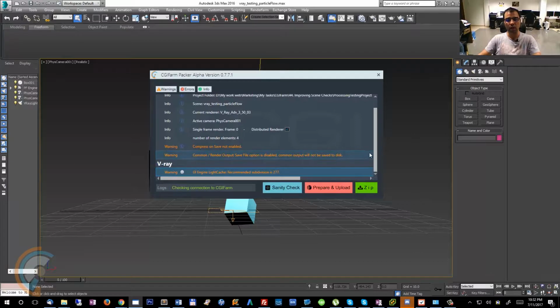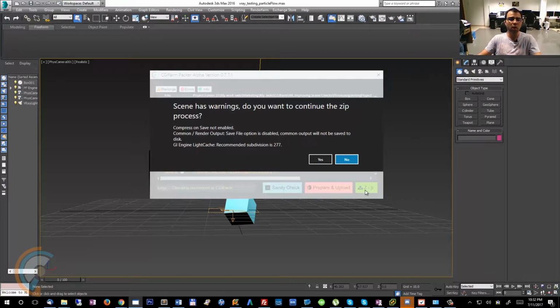But for now, this is it. Sanity check, which I already showed what it's doing. Prepare and upload. It does what it says. It's going to prepare the package, gather all the assets, and upload the package. The zip is going to do the same thing but skip the upload process. It will generate you a zip file which you can also use to share it with your colleagues or send it over,